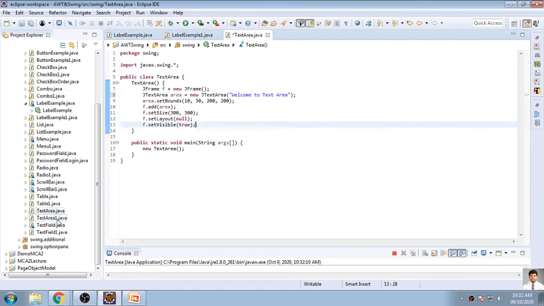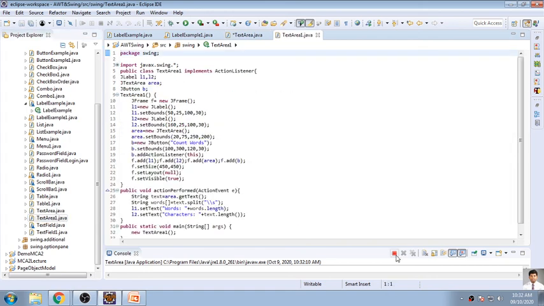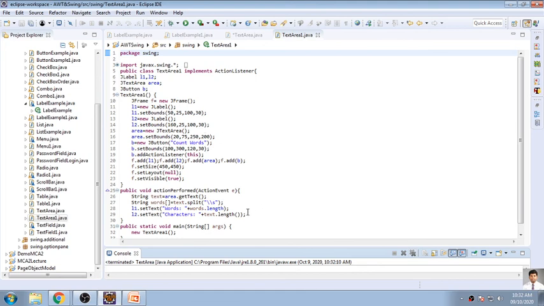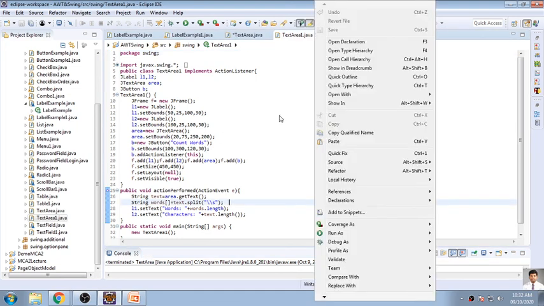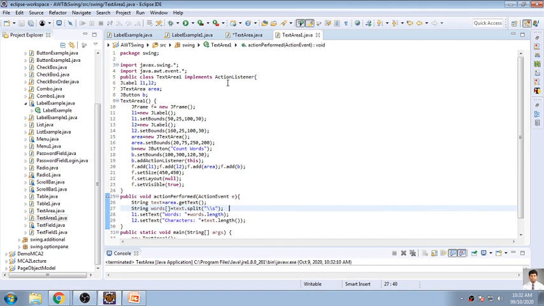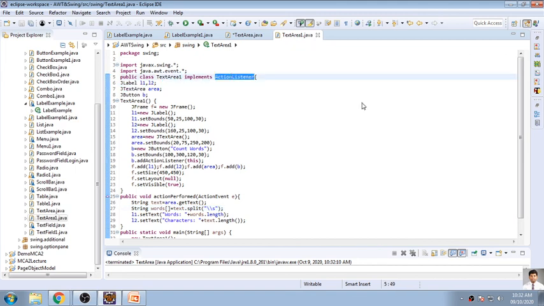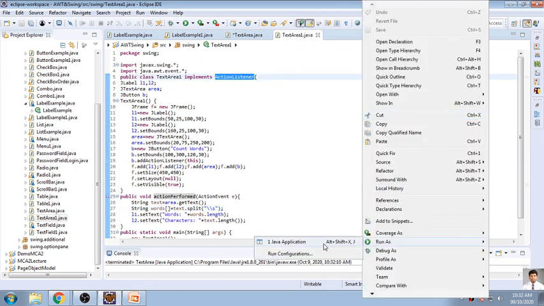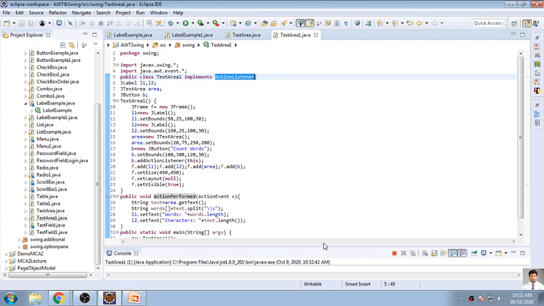We'll go for an action listener. Now the second example is one simple example where we'll do some operations. We'll be using some action listener, that is, on click event, we'll do some operations and we'll see how we can use that text data in your regular applications.